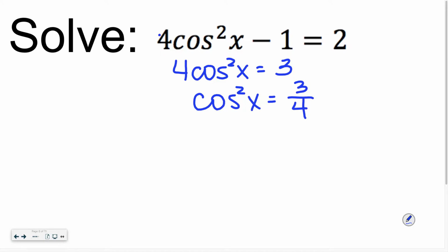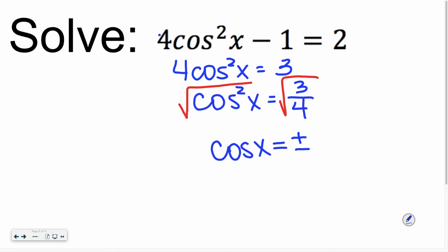But that is a good thing to keep your eyes out for. Okay, but since that 4 is attached, we cannot. Okay, now what would we do to get cosine by itself? Square root. We would square root both sides. I need you to remember that when we square root both sides, our answer is